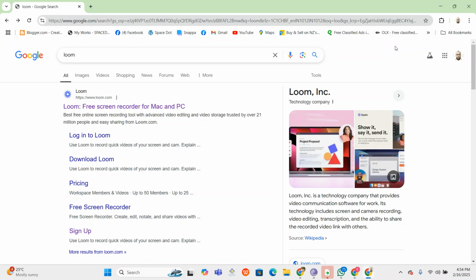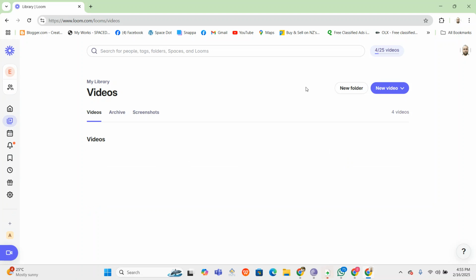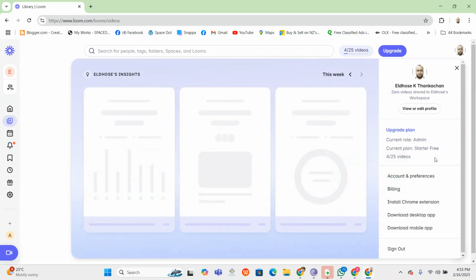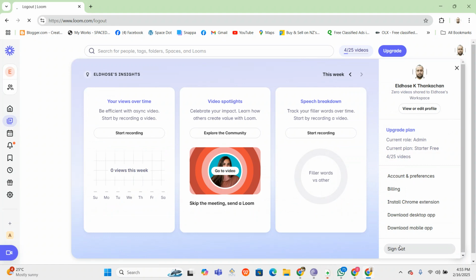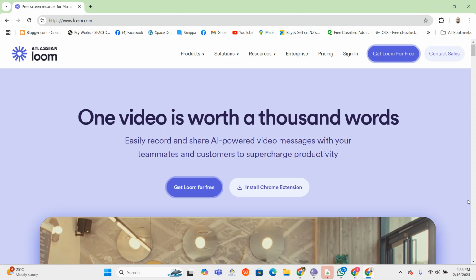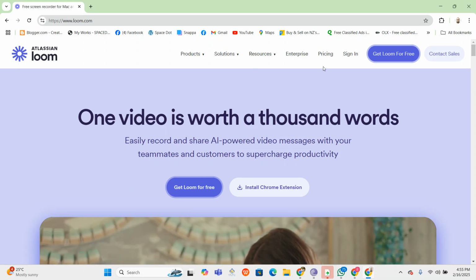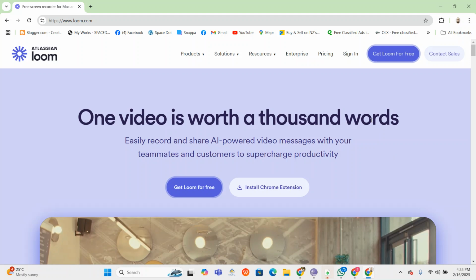Coming back to our video section, how to make a Loom video. It is simple. Just go to Google Chrome and put Loom and search. You get this interface. This is the emblem of Loom video. Click on this link. As I already signed in, this type of page will open directly when you click on Loom video